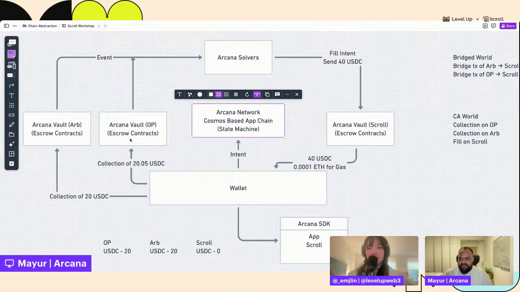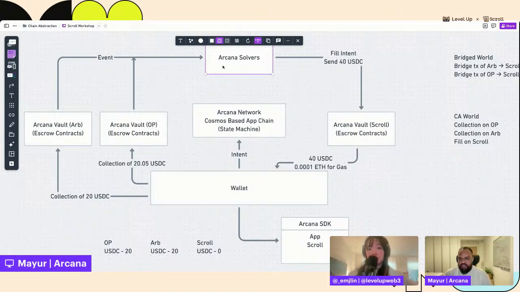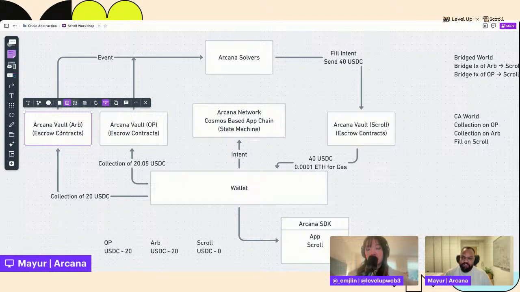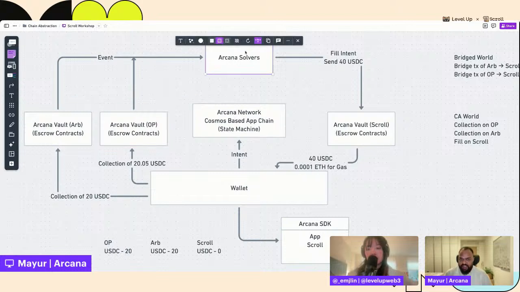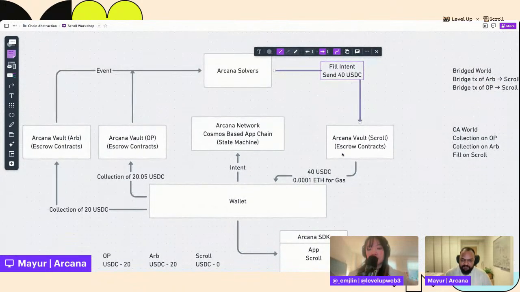The idea is that as soon as these deposits happen, the solver is now saying, okay, the user's funds are locked in, they're escrowed. There's a resource lock placed on the user's funds, so the user cannot double spend them. And then they go ahead and fill my intent of 40 USDC.